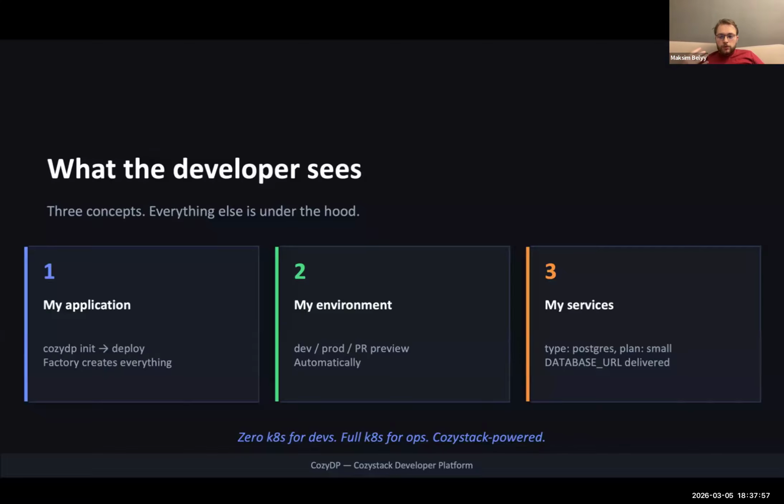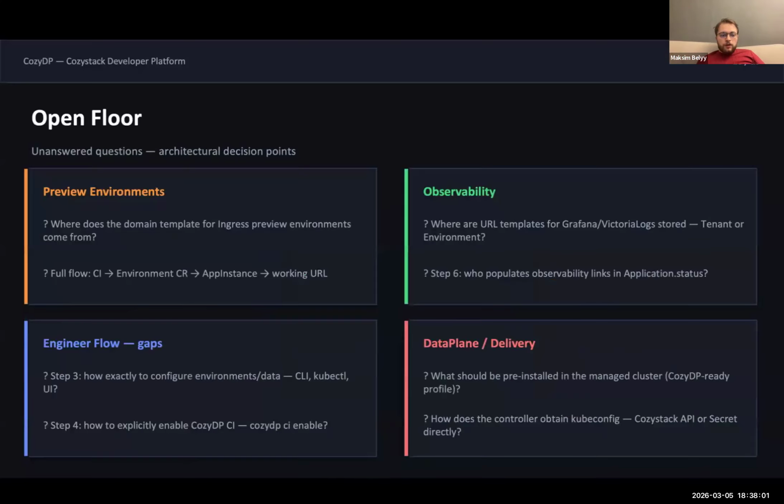And they want to easily have services. So I have unanswered questions about preview environments, observability, engineer flow, and data plane and delivery. That's all. Any questions, please?